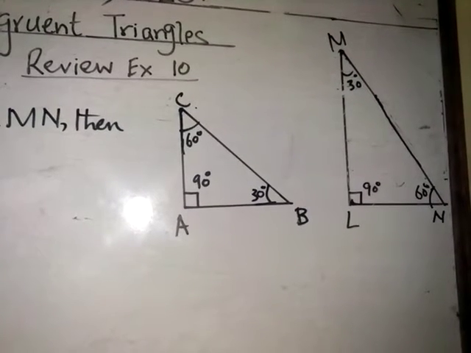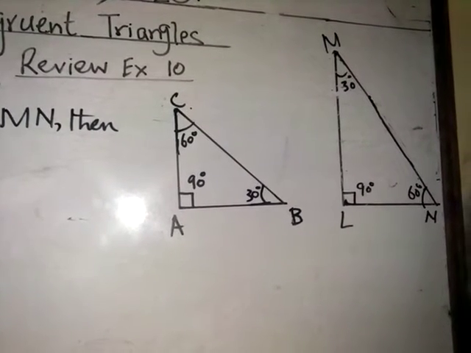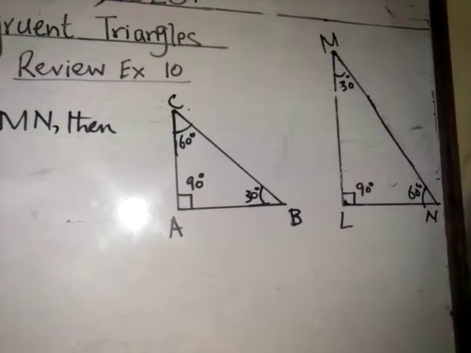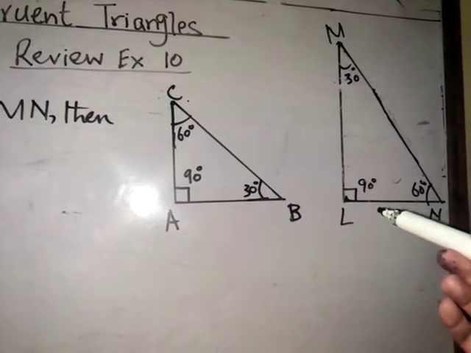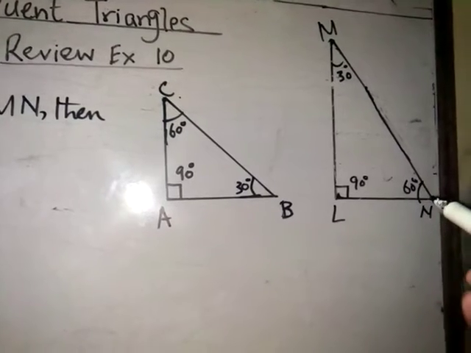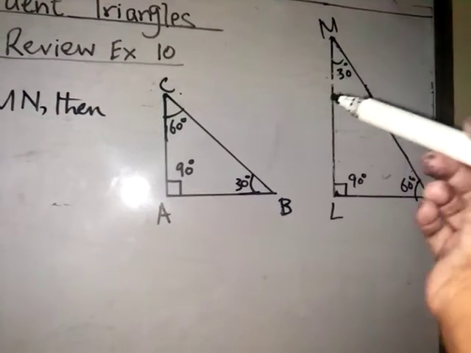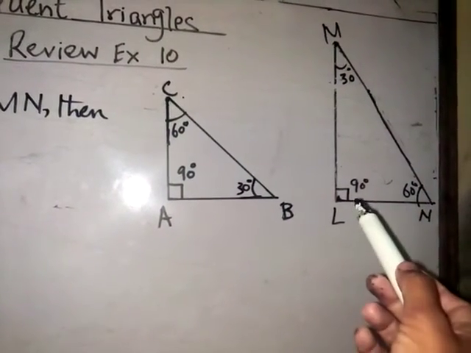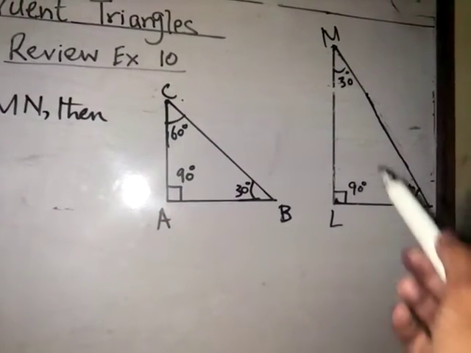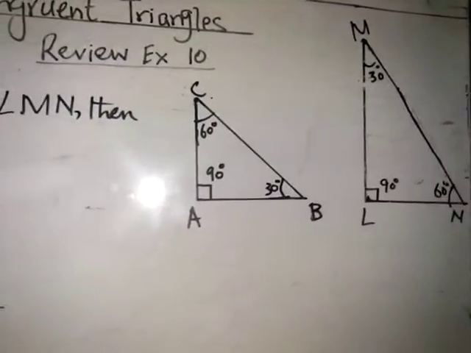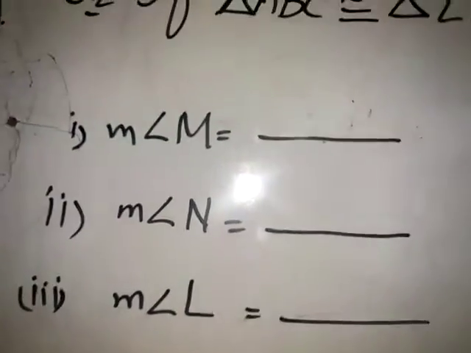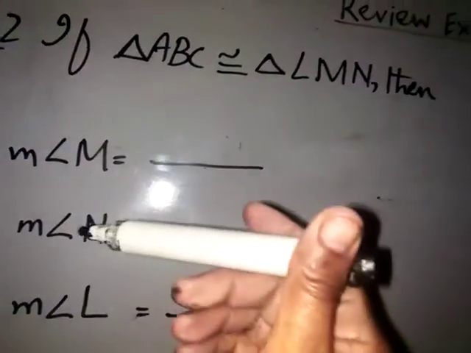Here angle A is 90 degrees, angle C is 60 degrees, and angle B is 30 degrees. And on the other triangle LMN, L is 90 degrees, N is 60 degrees and M is 30 degrees. So A is congruent to L, B is congruent to M and C is congruent to N according to their measurement. So angle M will be equal to